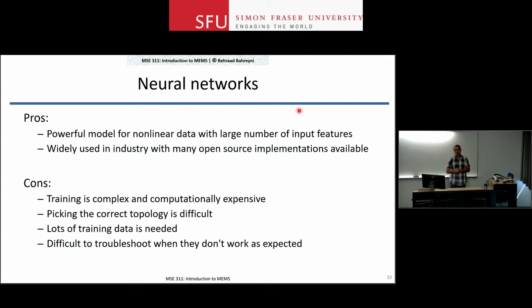You can change the activation functions, you can change the number of neurons, all those things, but it's hard to say which one is going to get you a better performance at the end. And then the final model is incomprehensible in most cases. Why it is working the way it is usually hard to understand and figure out. So be aware of them, but I wouldn't use them, at least not at the very beginning of a machine